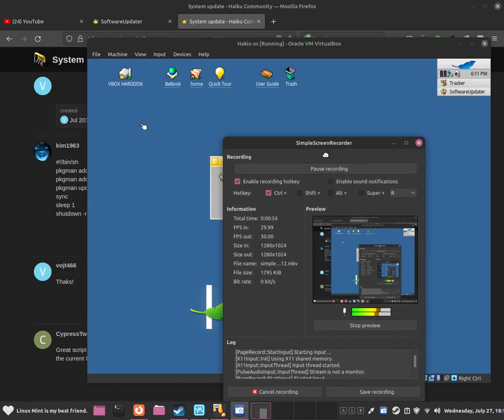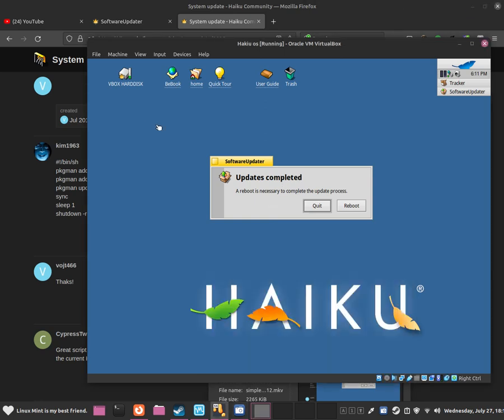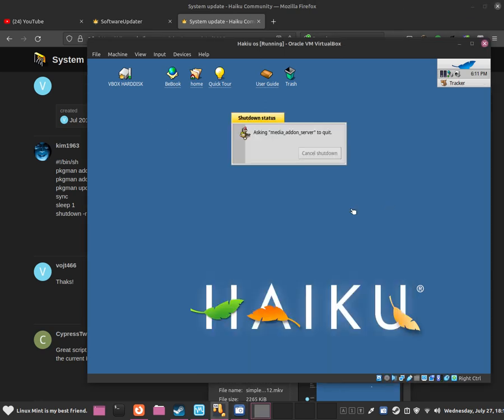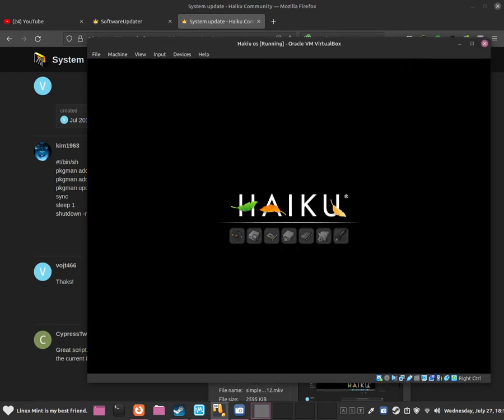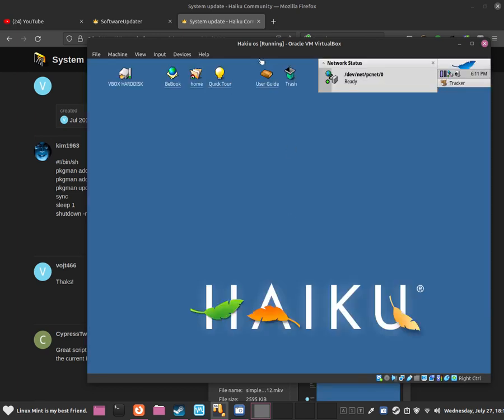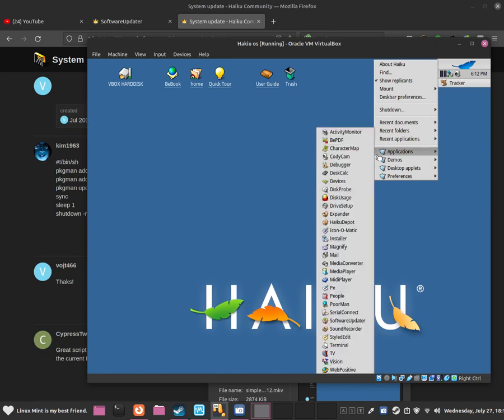So now we'll see a message like this: update completed, a reboot is necessary to complete the update process. So all you guys need to do is click onto reboot, and that will basically reboot the entire system, and it should boot up. So yeah, you guys can see it is now working. You guys can do whatever you want to do in here, and you can check out all of the updated